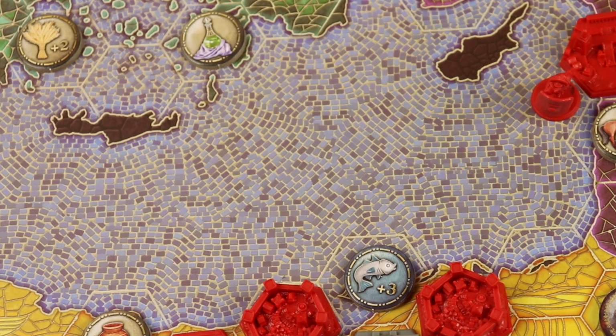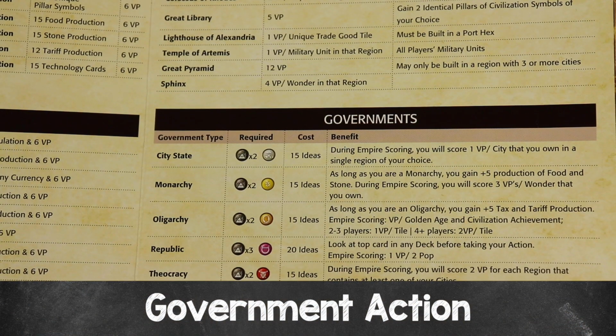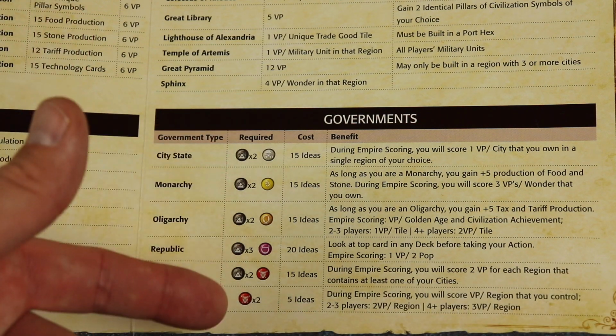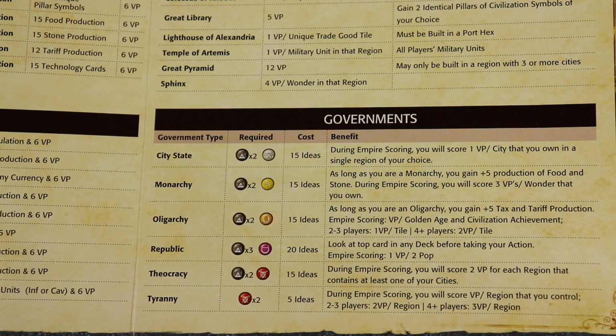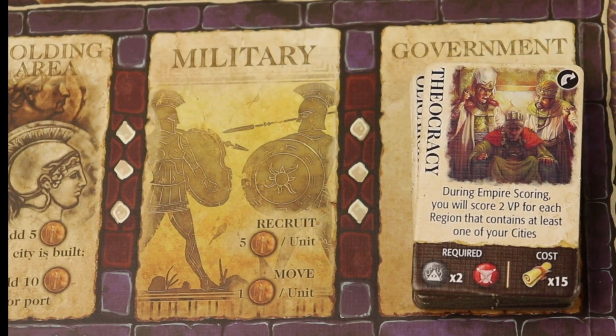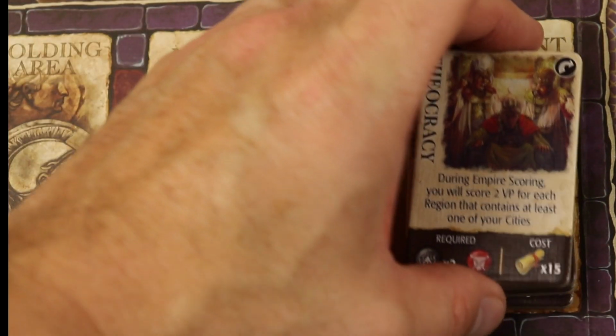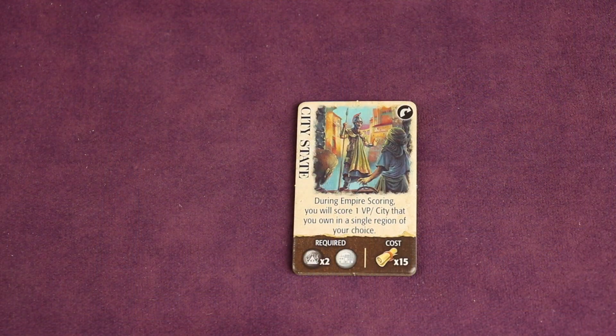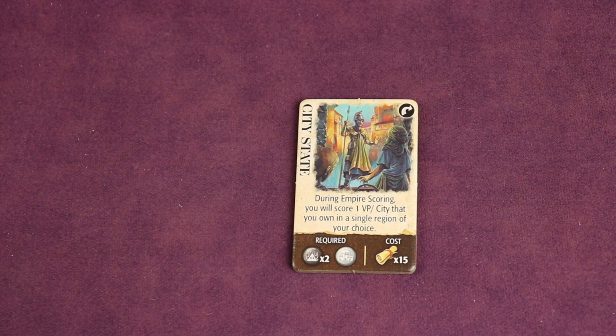A different action you can take on your turn is government. Now here in your player aid, you can see the ones that are available and what's required, what the cost is, and what the benefits. Now you know which one you want, and you have the required prerequisites, and you can spend the cost. You would just find that tile from this list of government tiles. Now you can only own 1 government tile at a time,